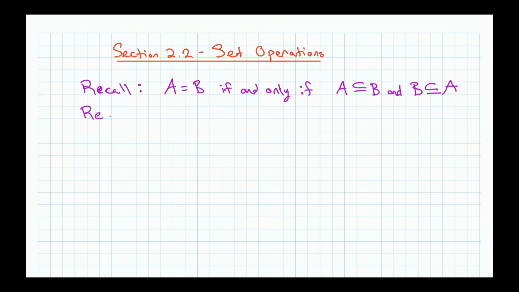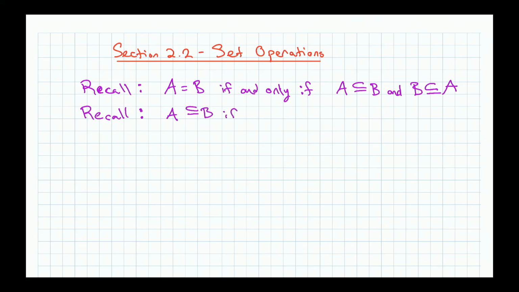Recall again: the top definition says that A equals B if A is a subset of B and B is a subset of A. Now the other thing that I want is the definition of a subset. I want to use an if and only if. A is a subset of B